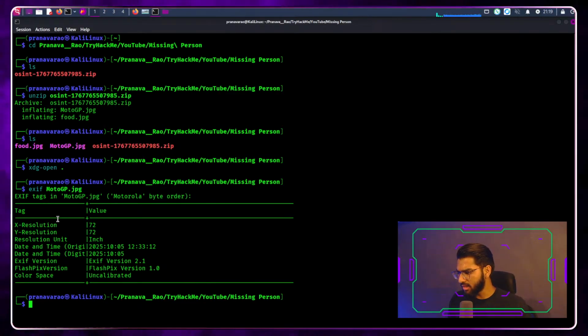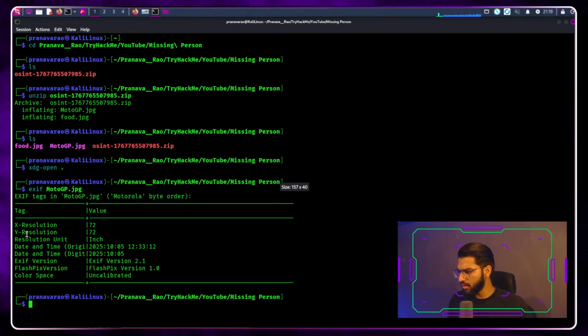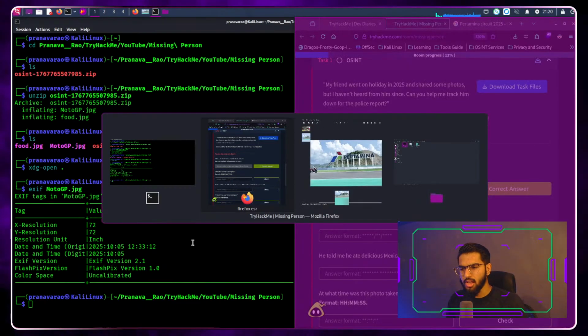We just get the basic data because it might be stripped. Half of the information is stripped. I can only see the date and time, and that also seems to be very accurate. I can see the year when it was taken, the month, and the exact day, along with the time when the image was taken. Here in this case, the images are kind of stripped, so we don't get the juicy information that usually is present in a normal image. So for that reason, we just have the time, date, and a small basic information, which is not that relevant.